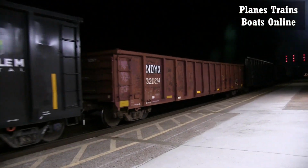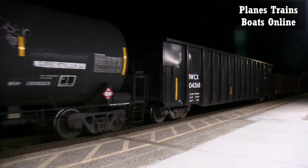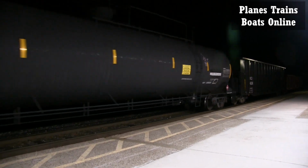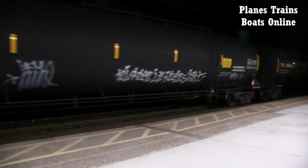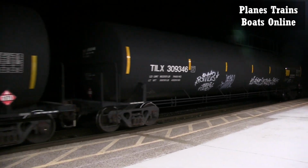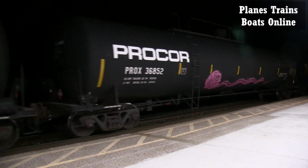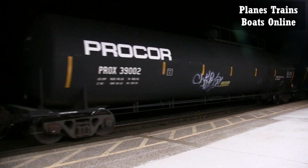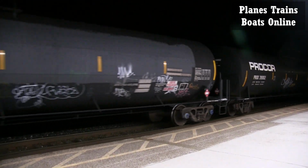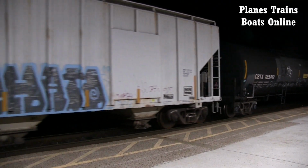Oh, rain's kind of coming at me the other way, so might get a little glare here. Trying to back it up a little and go this way. This 491, he's not on his normal track. Normally he's always track 2, which would be orange or yellow, red, red, but everything's all backed up everywhere, so